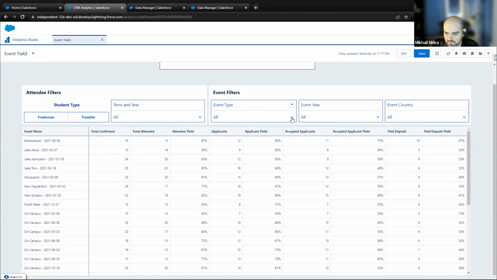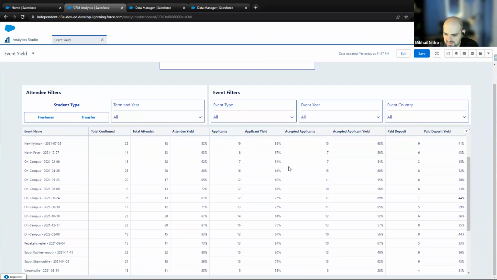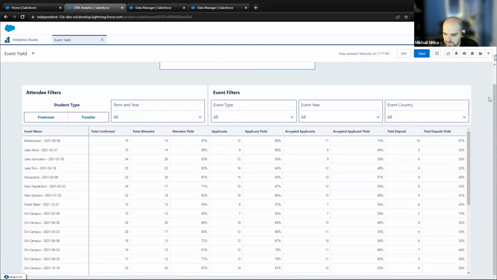And then for event filters, you have stuff like what I talked about earlier, like what type of event it is: a high school event, on-campus event, virtual event. These are things which matter a lot in higher ed. I imagine this is not what non-higher ed folks, which this group is, are looking at. So event year, event country, things like this we look at, and you can see this table right here that I created in the dashboard